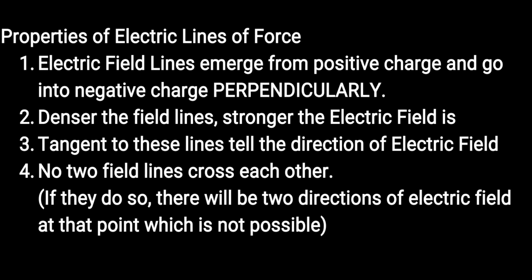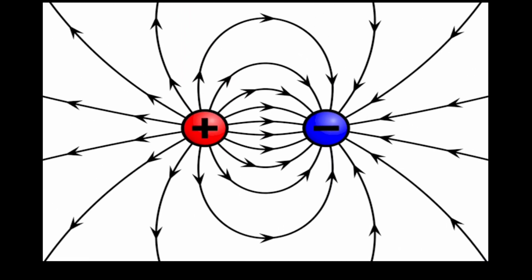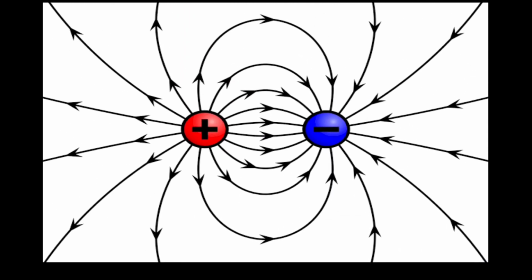Now the properties of electric lines of force. Electric field lines emerge from positive charge and they go into negative charge perpendicularly. Okay, so you can see here that electric field lines are coming from positive charge, they are going into negative charge, and it is happening perpendicularly. They are making perpendicular, and they are going into the charge perpendicularly. Okay, this is 90 degree, perpendicular means 90 degree. Okay, second property,